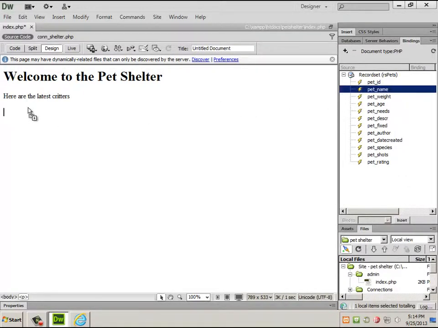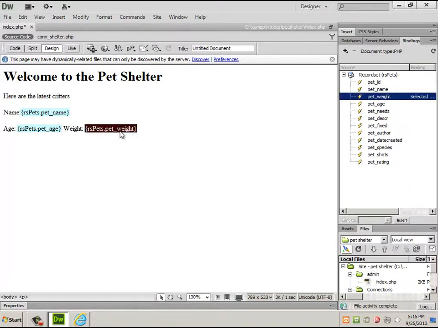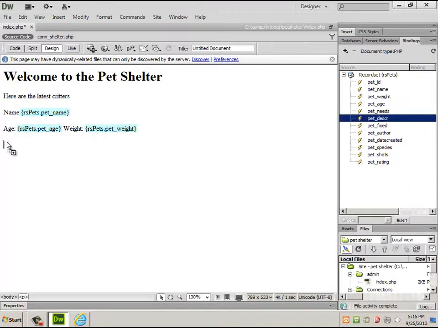So each creature has, we'll do name, age, we'll put the description here. We'll make these fairly small with some CSS. That'll be the description. We probably need species right here. And at the end of this, I'll put